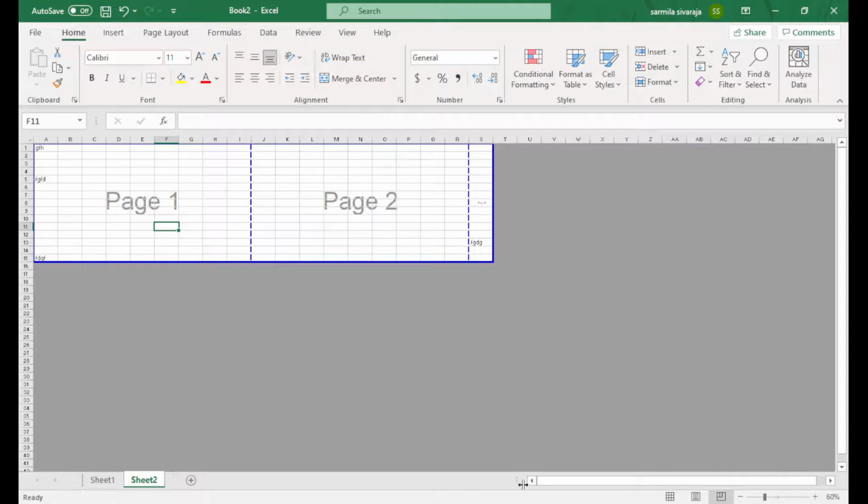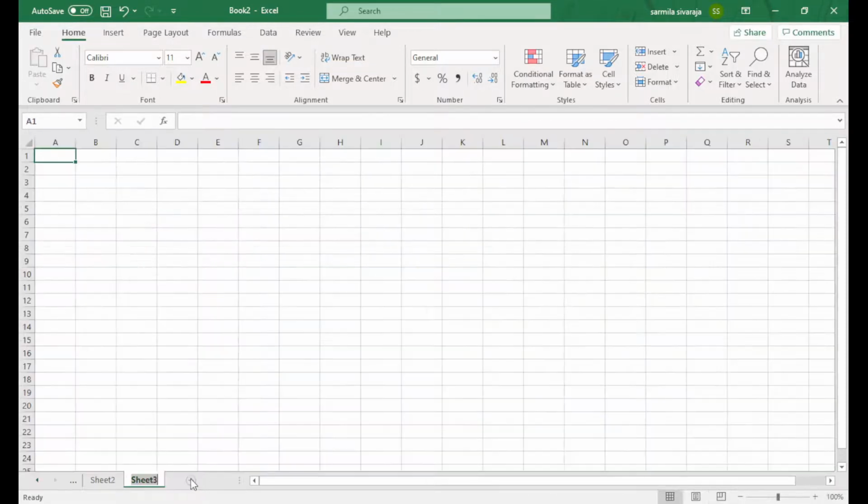Next one is here. You can create any number of sheets here. For example, I have around 6 sheets. Every time I can press this button and go back to every sheet.